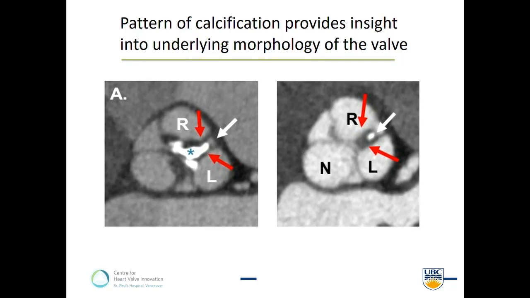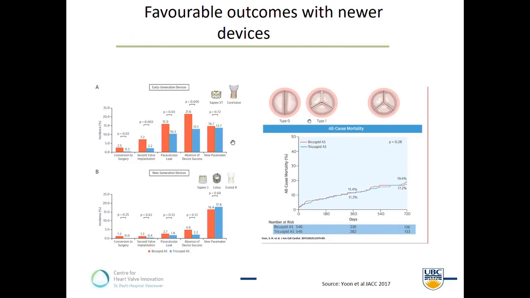In the same way we have some patients that present with aortic dilatation earlier and not. So what do we know from this very elegant paper from Dr. Yoon and Raj Makkar, a large registry, is that with newer devices, these patients with so-called tricommissural bicuspid valvular disease do very well as compared to those with tricuspid aortic stenosis. So there's absolutely no reason why Dr. Waxman and his colleagues shouldn't consider these patients good candidates for TAVR.